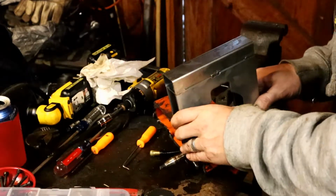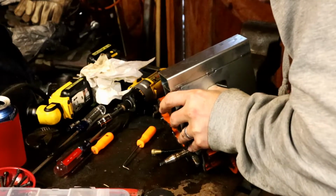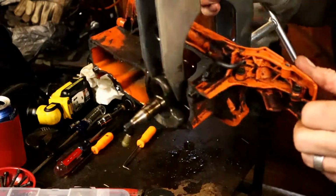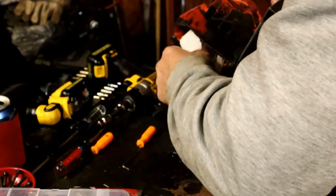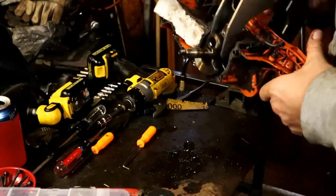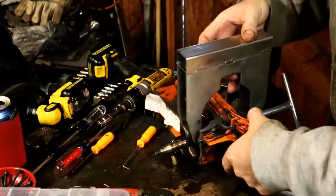But you line it up right on either side of the crank like that, and leak oil all over. I thought I wiped you out. Come on, man. I guess we'll just stuff that in there for now. How about that? But yeah, so that's on there. It's lined up in there, and all you're doing is